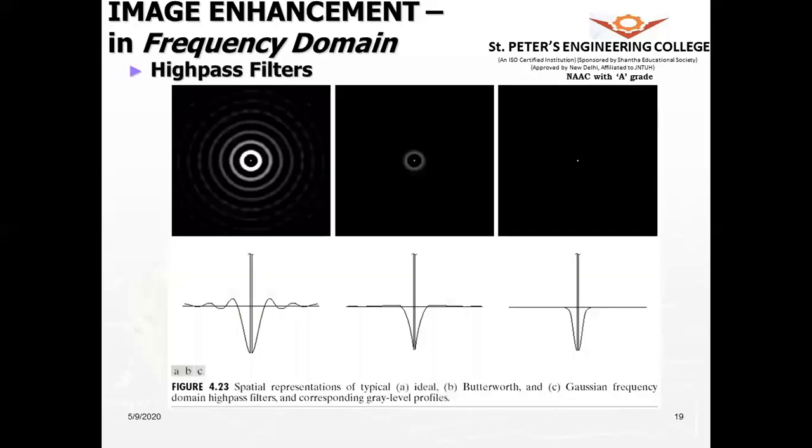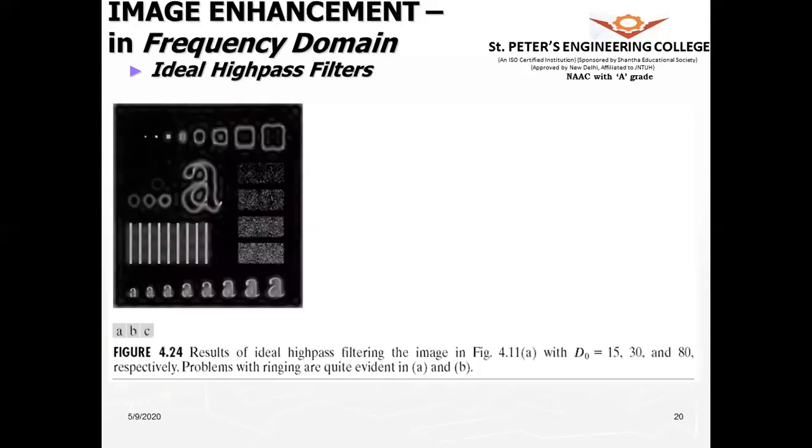So the ideal high pass filter will result in the ringing, and this is the effect of using the Butterworth filter and the Gaussian filter. So we can see that the ringing is still present when we use the ideal high pass filter because of the abrupt transition.